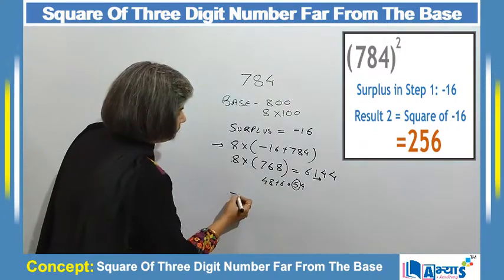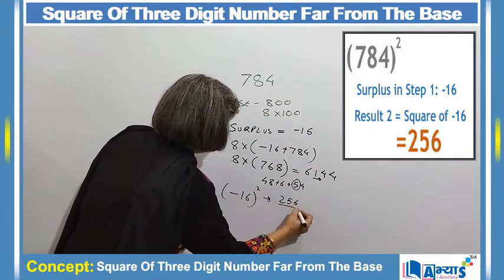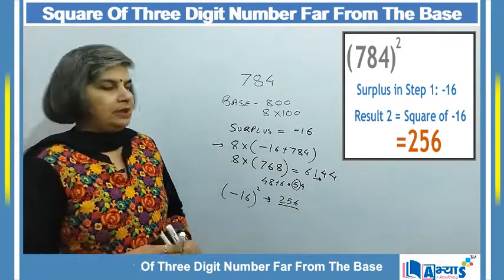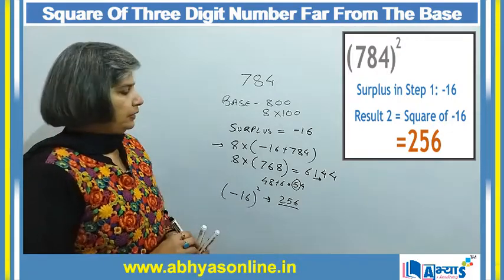So we will find the square of minus 16. Square of minus 16 is 256. So this is result 2. Result 1 was 6144 and result 2 is 256. So when I see that